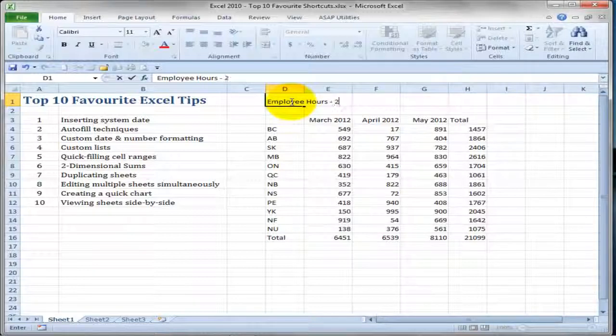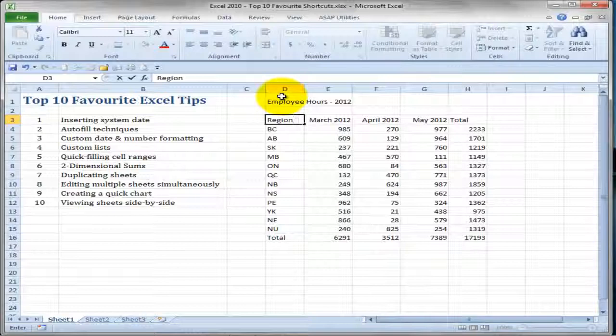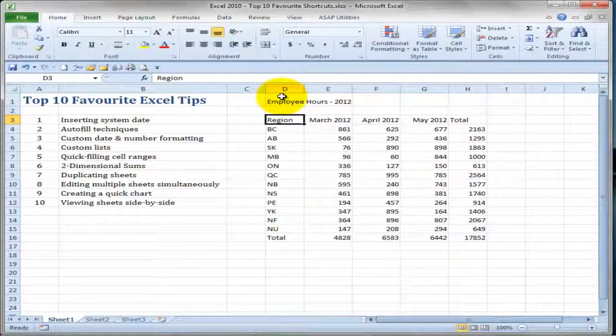This will be employee hours for 2012. And I'm going to put a label just above my province abbreviations. The worksheet is looking pretty good. Next, what I want to do is duplicate this sheet because I know I'm going to need a similar sheet